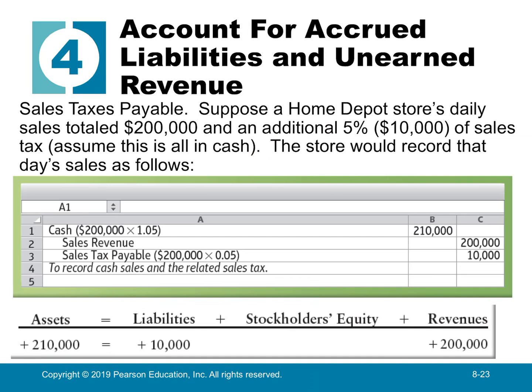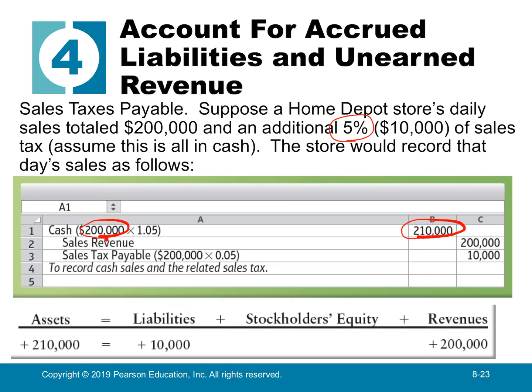So, sales tax payable. If you go to Home Depot and make a big purchase, let's say $200,000 worth of stuff, right? So I buy $200,000 worth of stuff from Home Depot. I have to pay them not only $200,000, but sales tax. Assume that there's sales tax of 5%. So I'm handing Home Depot